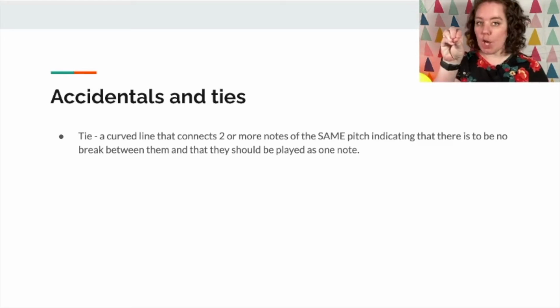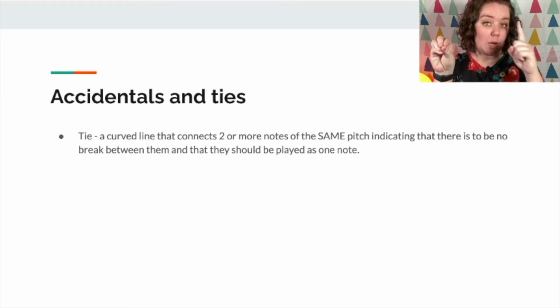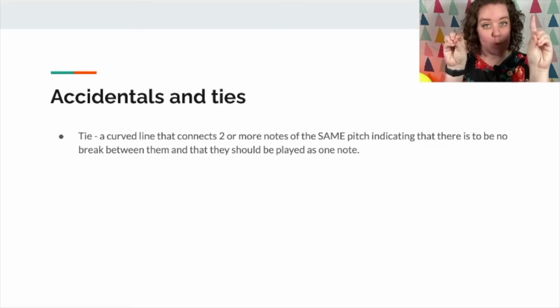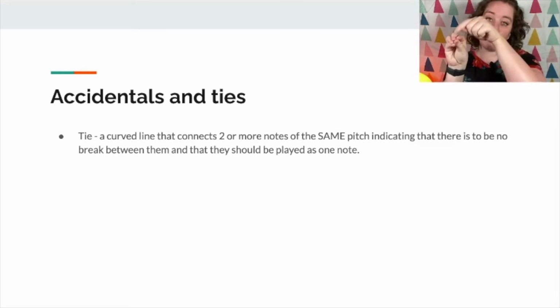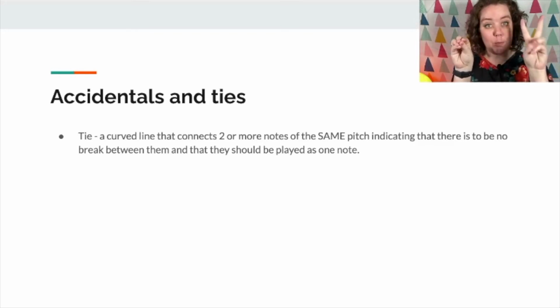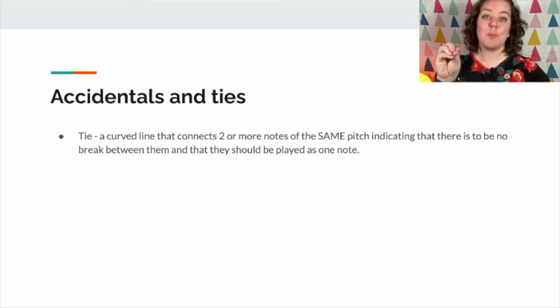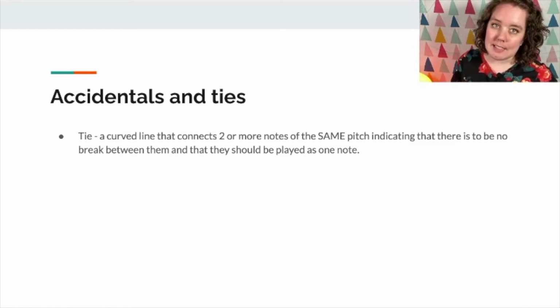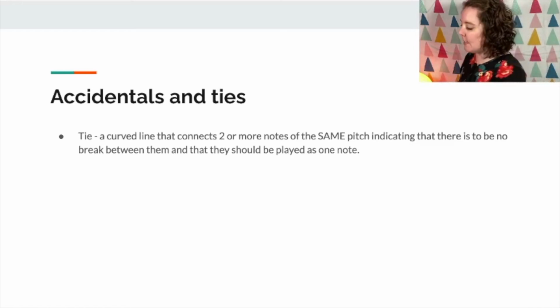So for instance, I know we haven't gotten into this yet, but let's say a quarter note, which is one beat, and I have it tied to another quarter note that's one beat, then I'm going to start the note here and play it all the way through so that it lasts for 2 beats instead of 1 beat, breathe, and 1 beat. So we'll talk more about ties later, but for today, when it comes to accidentals, you need to know that